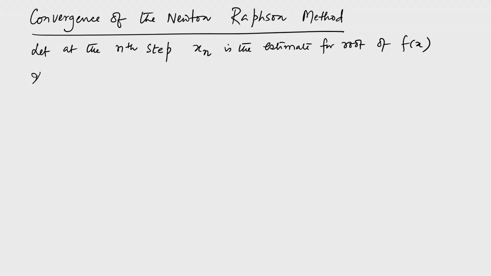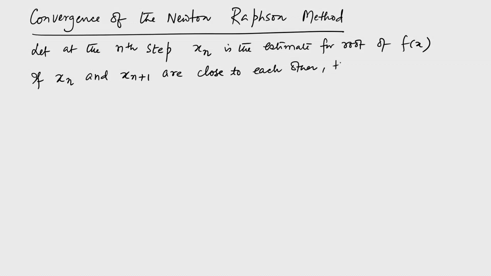Now, if x n and x n plus 1 are close to each other, so we are assuming that the two computed values for the root in two successive iterations, after a number of iterations, do not differ too much, then use